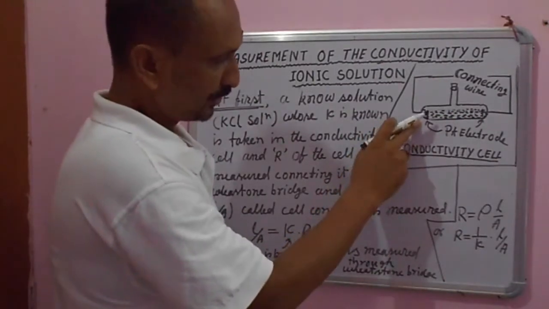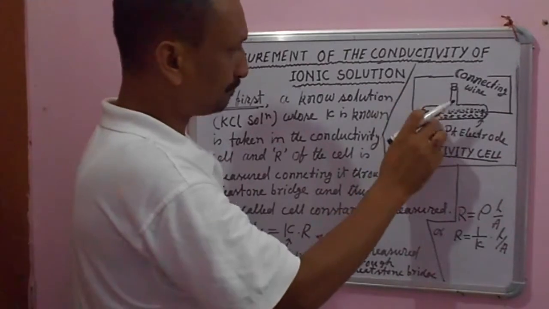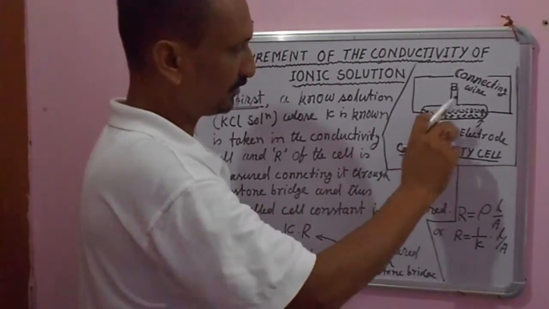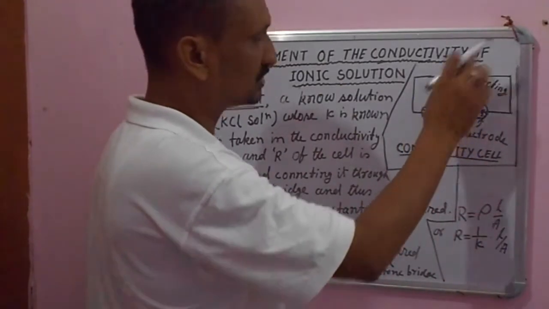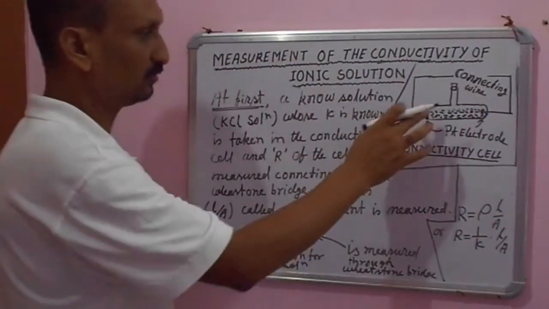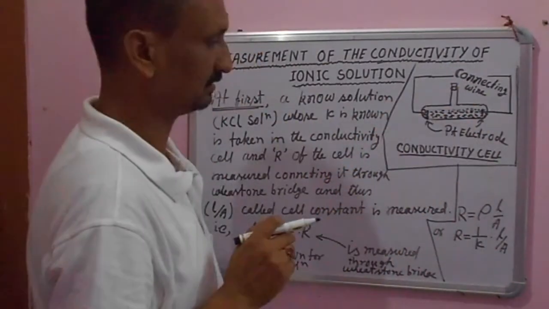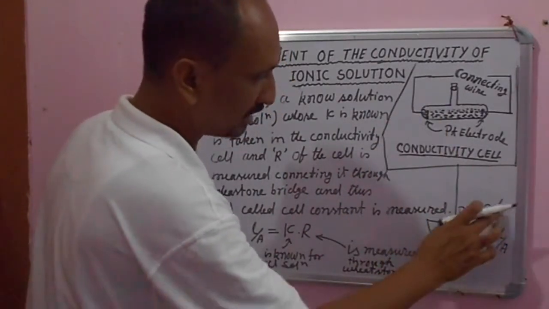If you know the conductivity kappa of the ionic solution, and if you can measure the resistance of the solution through a Wheatstone bridge, then we can measure L by A for this conductivity cell. You see here that R is equal to rho L by A